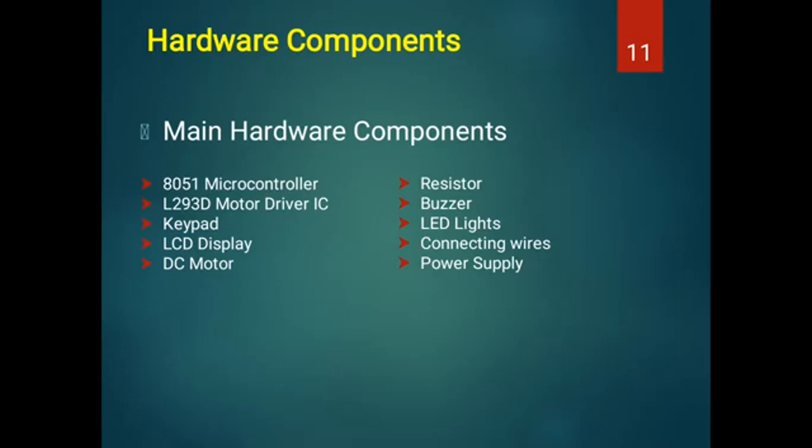Here two LED lights are also used, one green and another red. Green is for the right password and red for the wrong password. A power supply is obviously needed to run this project. A 5V DC supply is required for the microcontroller, and a 12V DC supply is required to power the driver IC. We can use a 12V DC battery and a 12V 1A adapter as a power source.